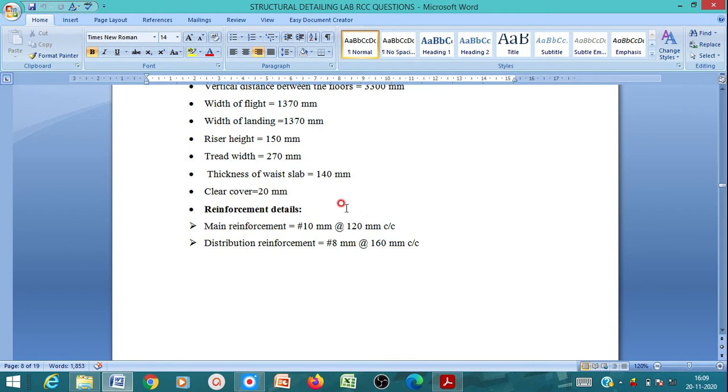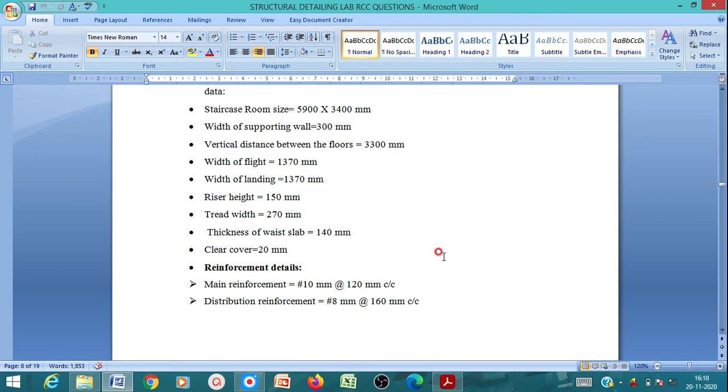Next we have the reinforcement details. The main reinforcement is 10 mm dia at 120 mm center to center, and the distribution reinforcement is 8 mm dia at 160 mm center to center.